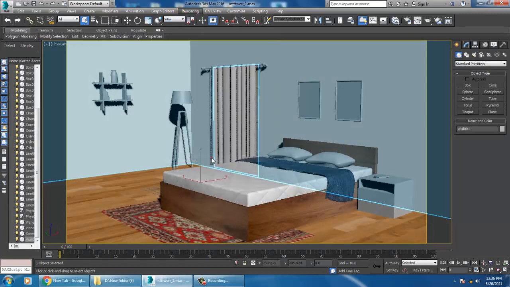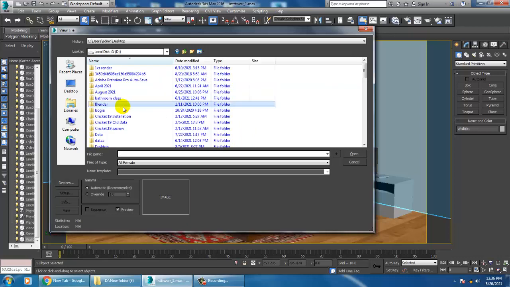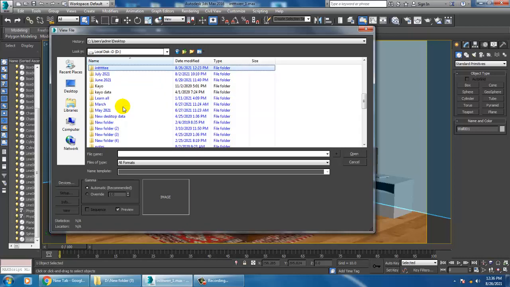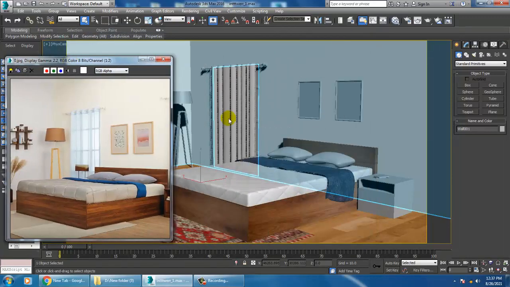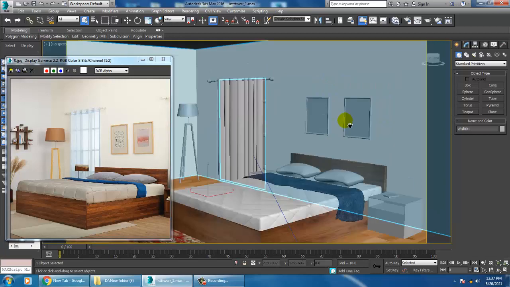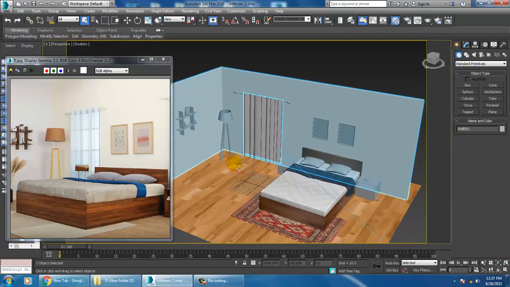So let's get started. As you can see over here, we have started with the texturing part of this particular interior, and we'll be continuing with the texturing. Now we have done a bit of texturing.